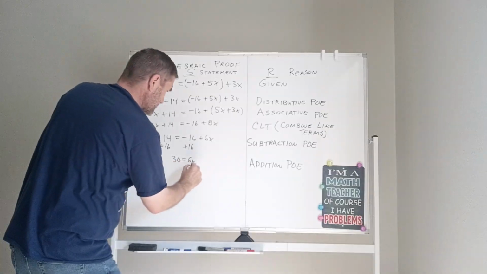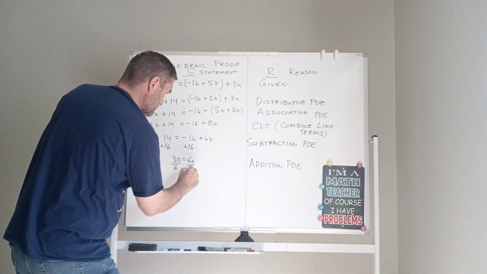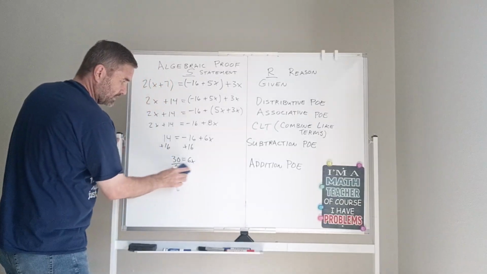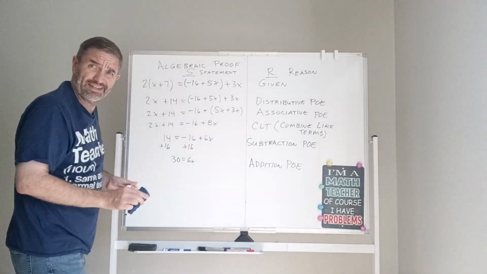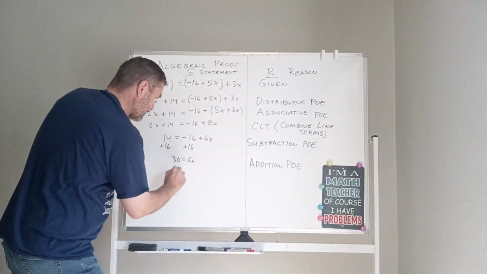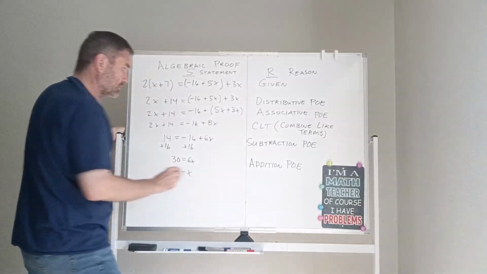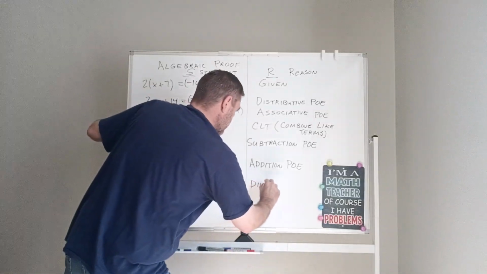We have to divide by the 6, since we're dividing both sides by the same thing, and we're going to get 5 equals x. Oops, made the same mistake again. See, I'm so used to doing algebra. It's easy to forget that. You're just going to write 5 equals x. Okay, we're dividing by the 6. And how is that possible? Division